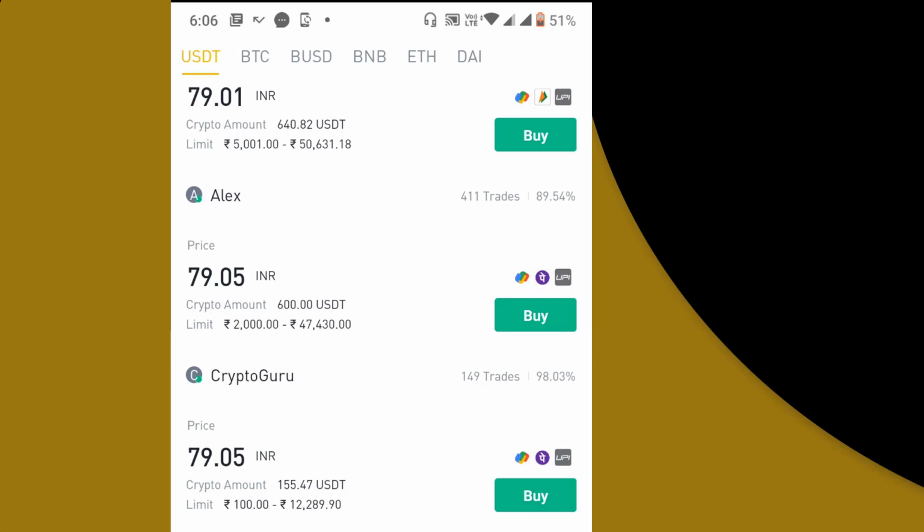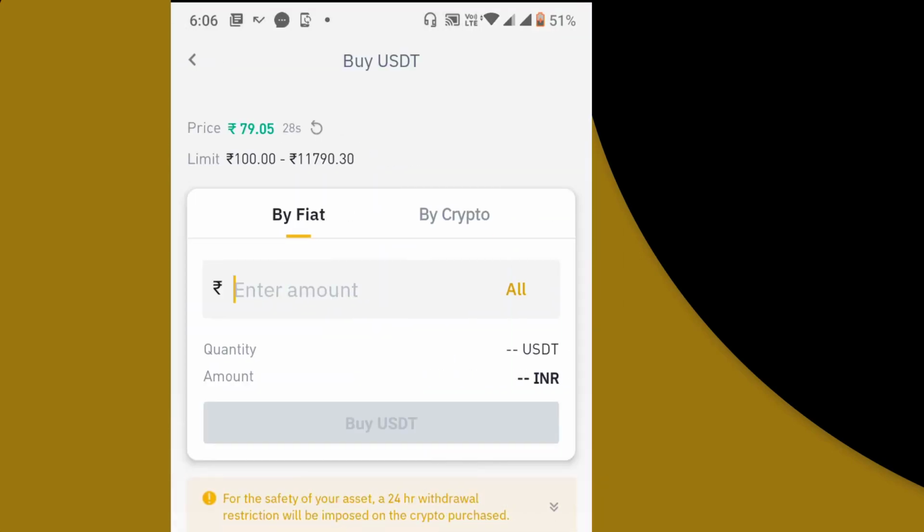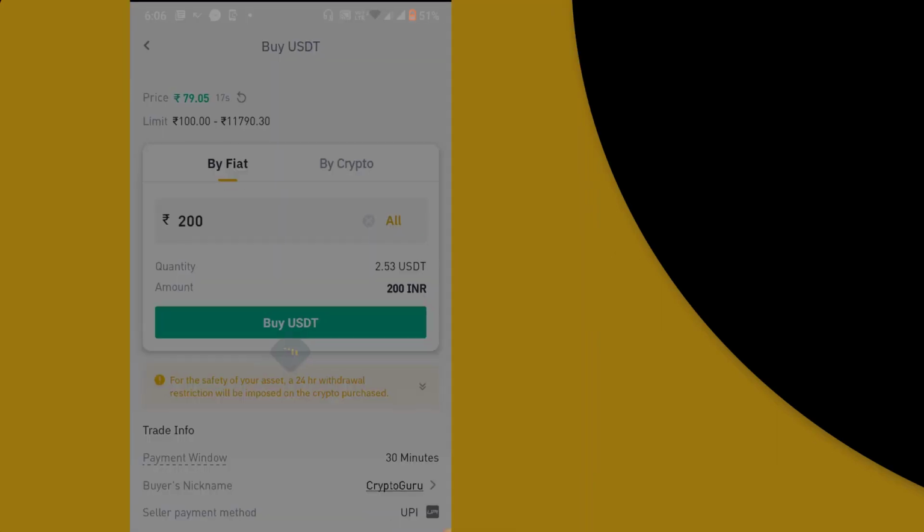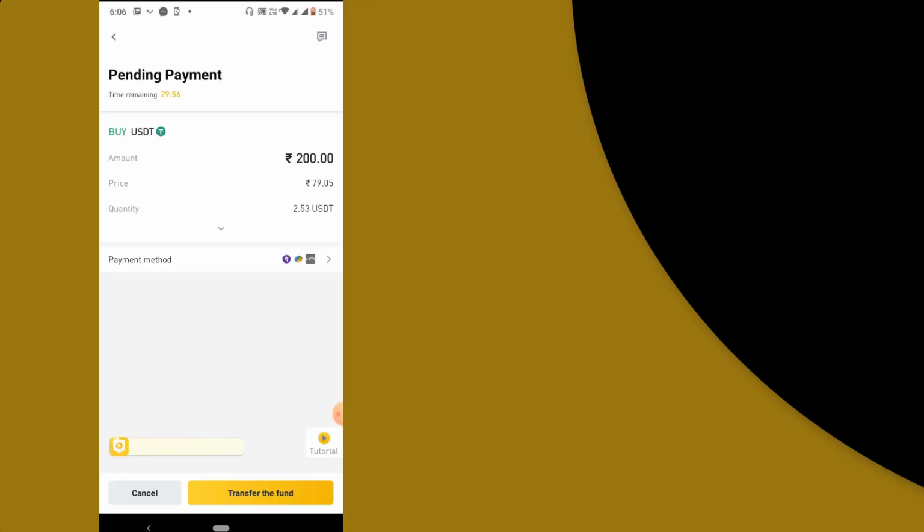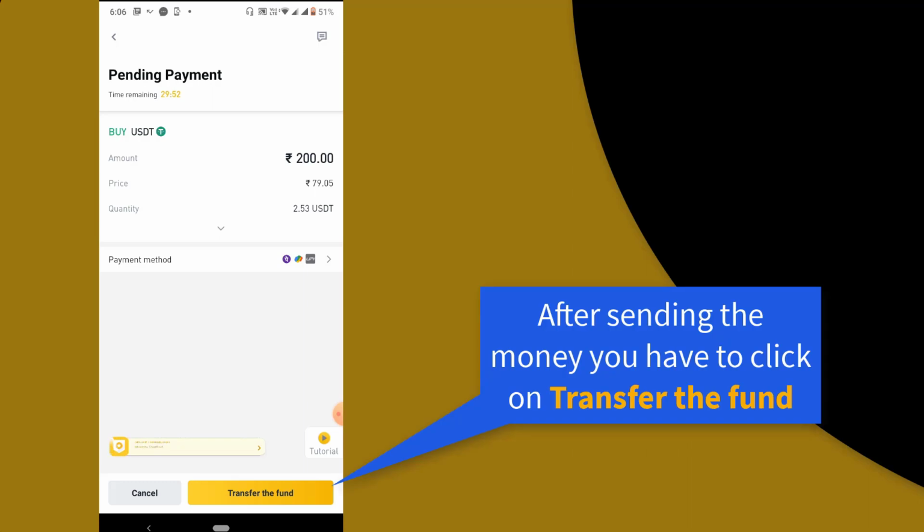So to place the trade, we have to tap on buy, and here we have to enter the amount of rupees that we're willing to buy. I'm gonna select 200 rupees, and after that you have to click on buy USDT. So once you do that, our order will be placed, and after that we need to pay them the money first, then we need to click on this transfer the fund, so then only they can